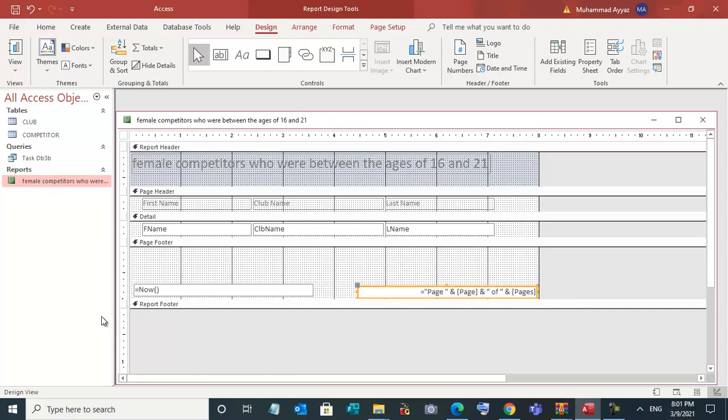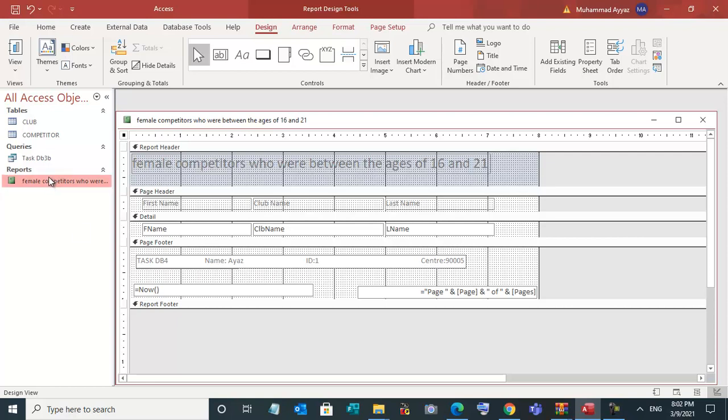This is the automatic page number and this is today's date, and here using this label A, just write as mentioned in the paper, task DB4, name, ID, center 90005.